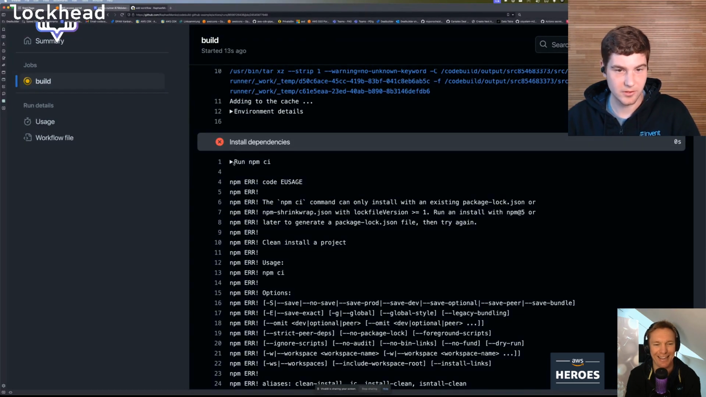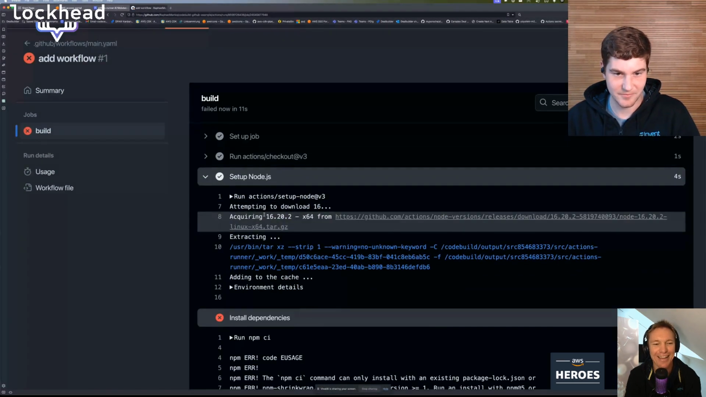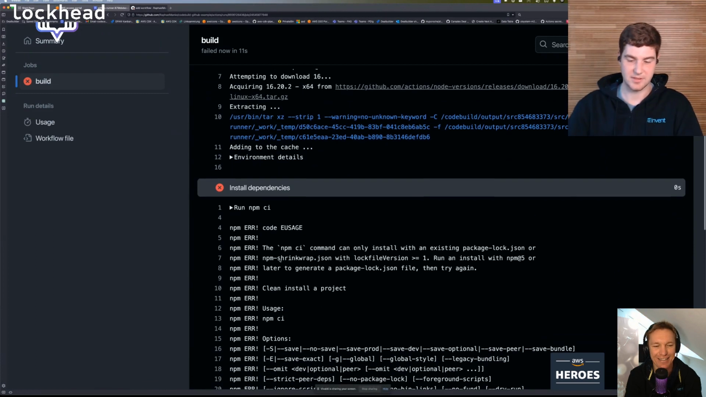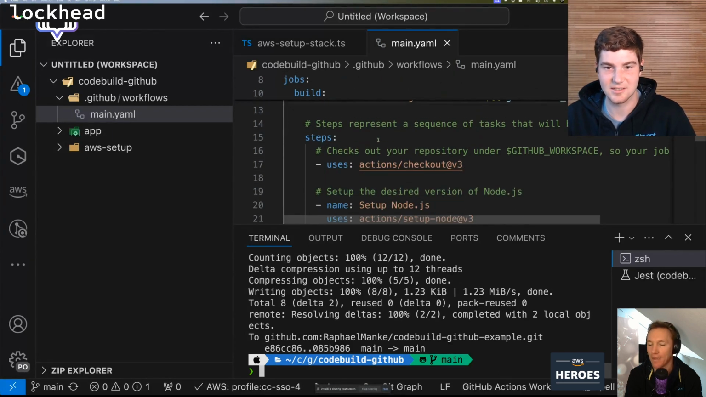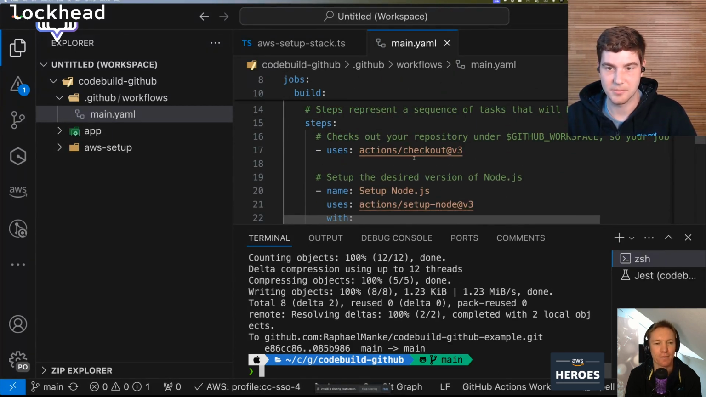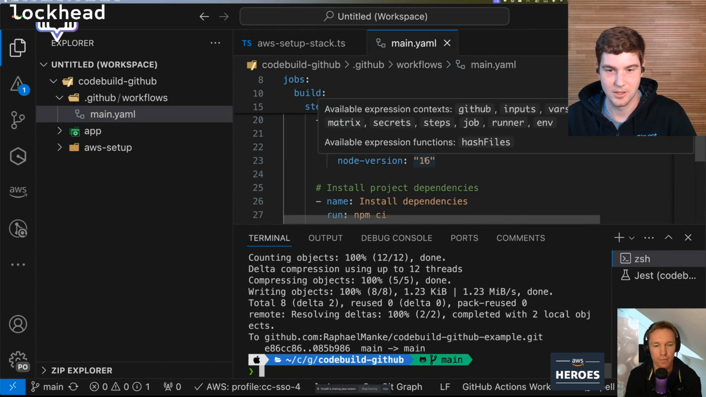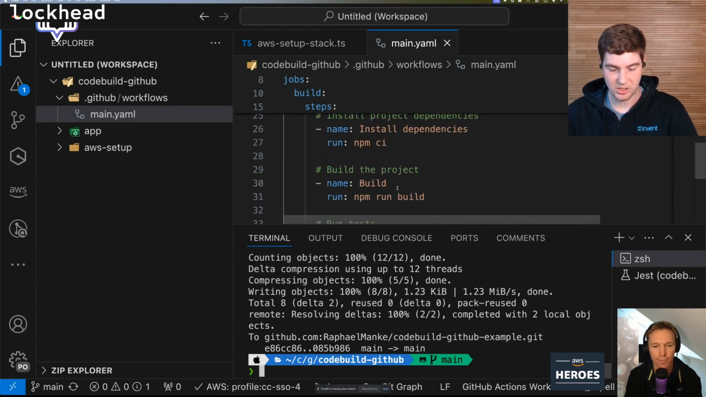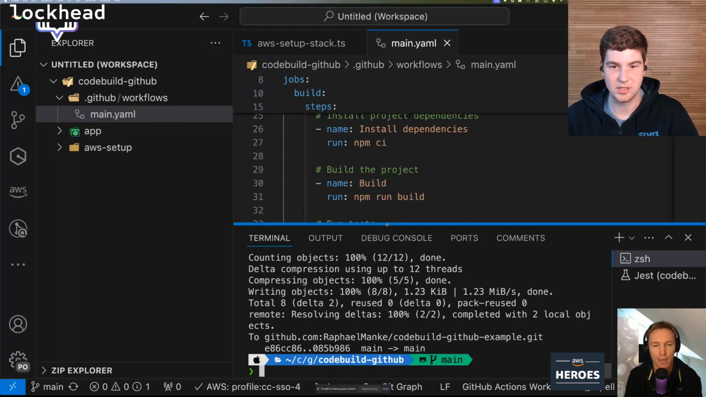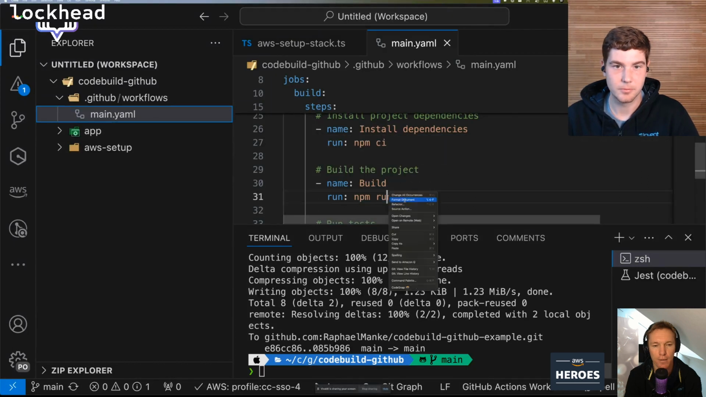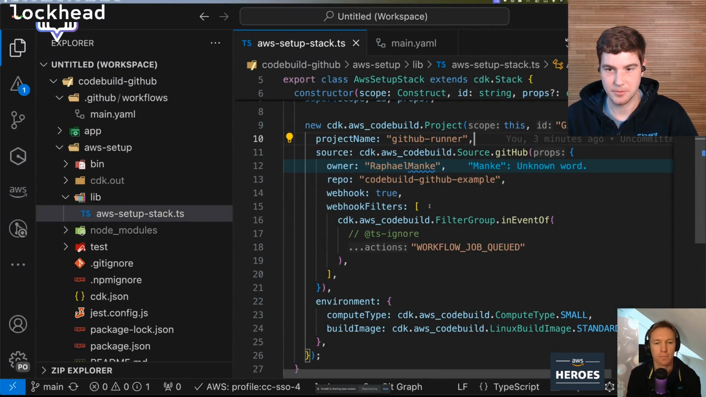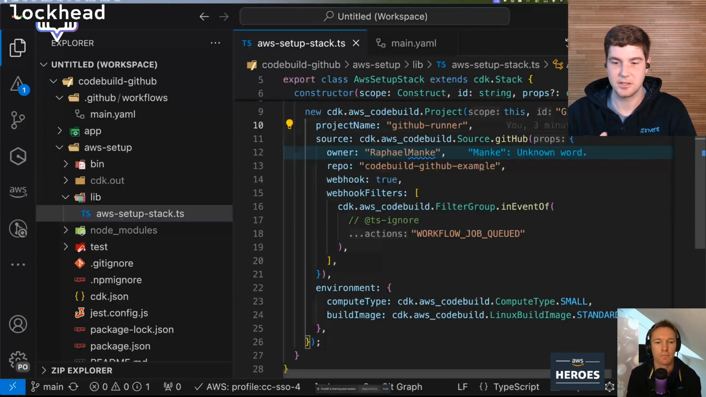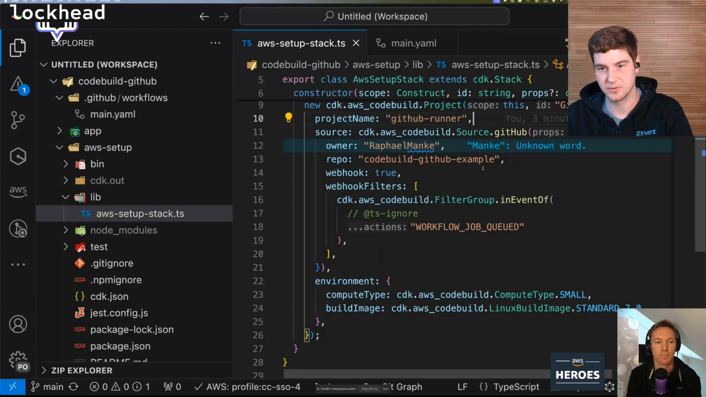We have some errors, of course, probably because of the workflow itself. It was generated, and we didn't check what it actually does. It does check out some code. It sets up Node with some very old version. But technically, we are now set up. So what we did is we generated a CodeBuild project. We pointed it to our GitHub repository, and because we already connected our AWS account with the GitHub account through the connector application,